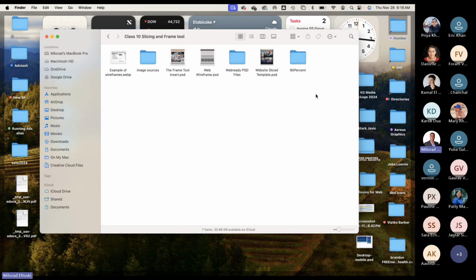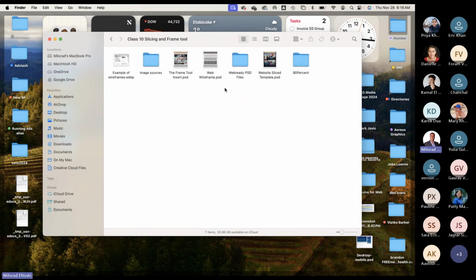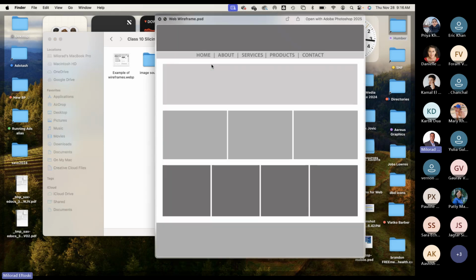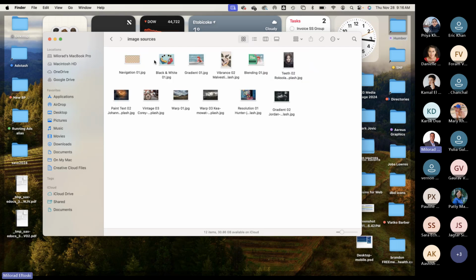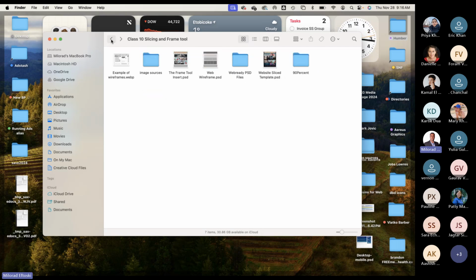So this is our class 10. We created a wireframe of a website. It looks like this. We also looked at the importance of creating wireframes, and you saw the CNNs and these other websites that were created with similar wireframe methods. Then